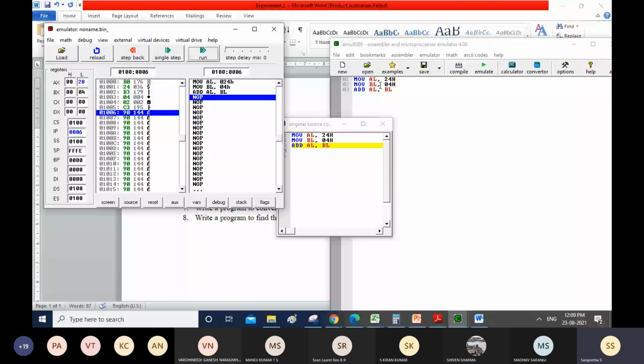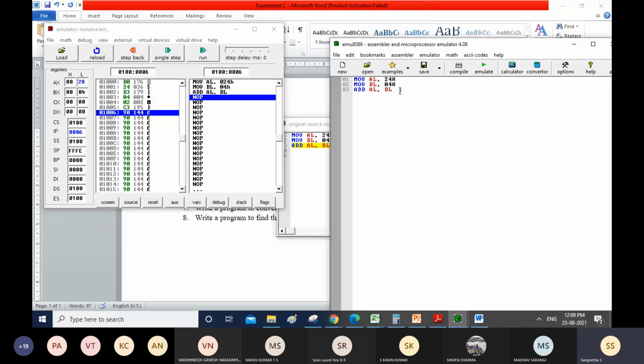Once you execute that, you can use your AAA instruction because it will give you an unpacked format. You know the difference between packed and unpacked format. If it is 24, this is in packed format. If I want to write this in unpacked format, it will be written as 02 in AH, and in AL it will be 04.